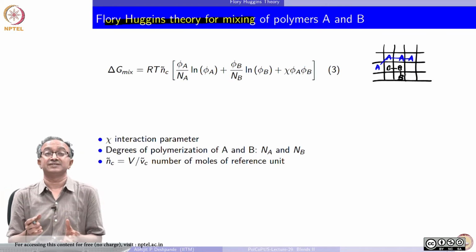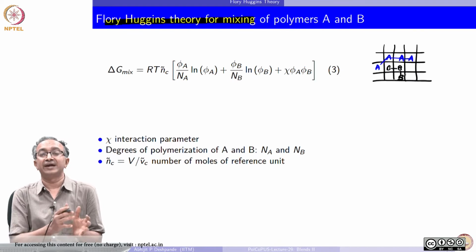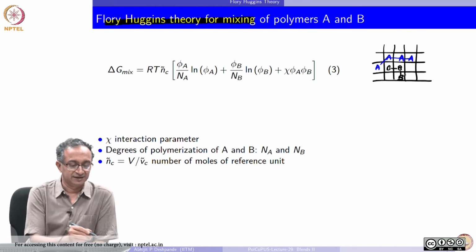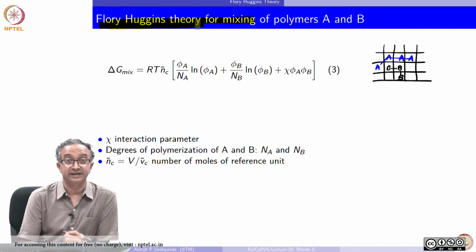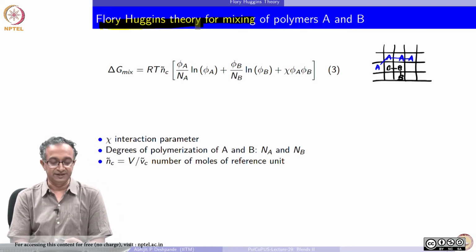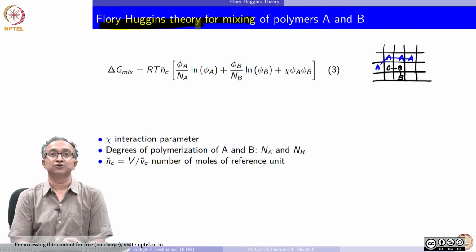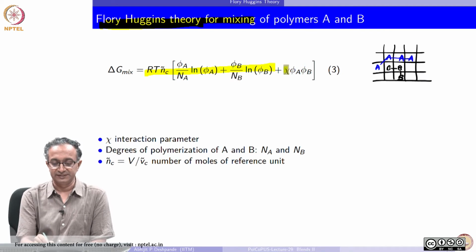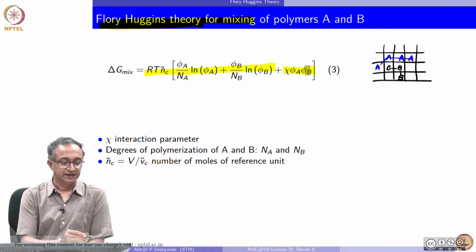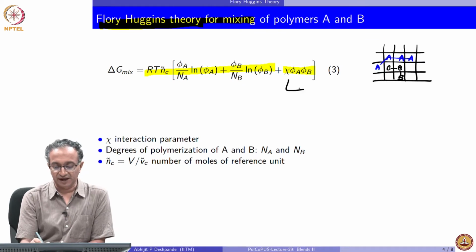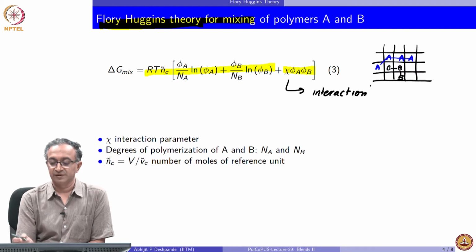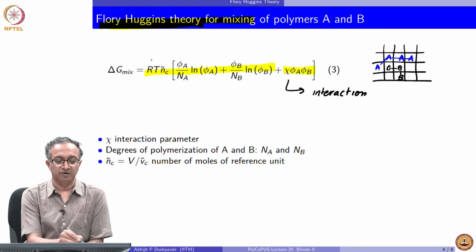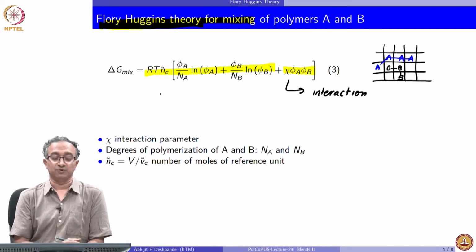So if you again do statistics of this distribution of how A and B will fit together in such slots, and that is what was done by Flory and Huggins decades ago in terms of the lattice theory, we come up with a very similar expression to what we saw for mixing of ideal gas. So this is the entropic contribution and this is the enthalpic contribution. And just like gamma m we saw, this chi interaction parameter tells us about interaction between A and B. If this is 0, then we fall back on basically only the entropic contribution.